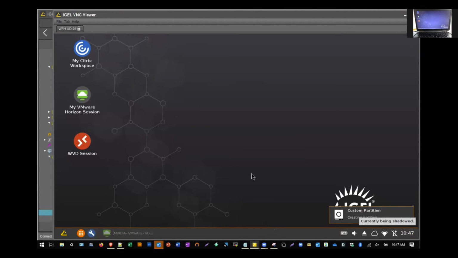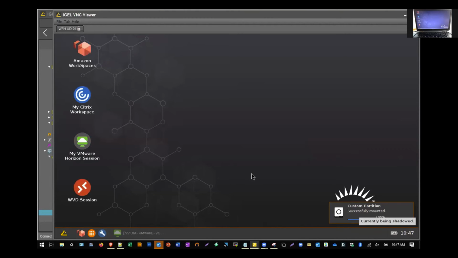So where does this become helpful, right? Why would I need to sideload applications in IGEL when I have remote protocols like this? So a couple of different situations. So number one, if you are a task worker, right, and you need to get into maybe just basic Office 365 apps, but maybe you have a need for Zoom or for Teams or something like that, this gives you the ability to actually install those applications directly on the IGEL desktop, right?